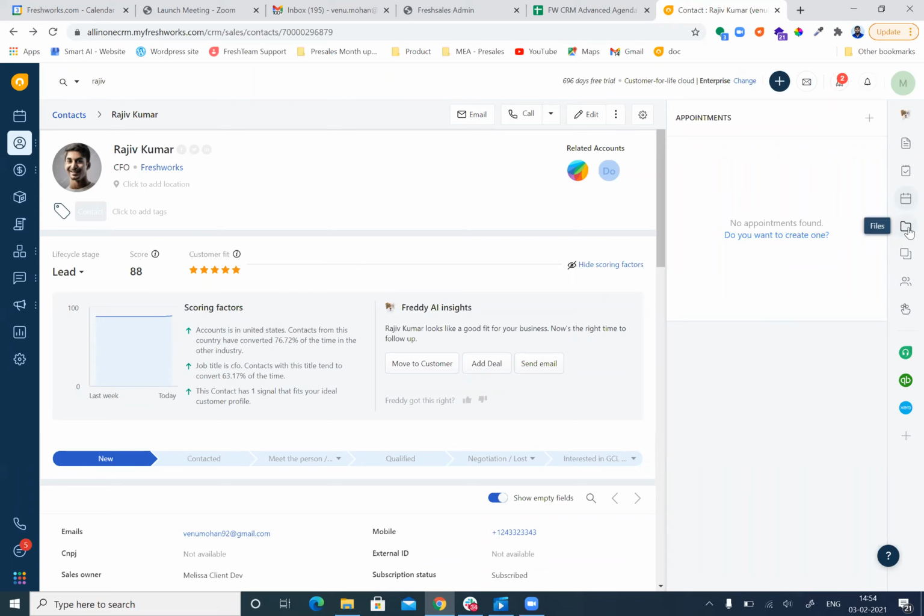Okay. And also, you can maintain all your files related to the particular customer. Either it is an image file or Excel file or PDF document or a zip file, you are able to upload that as part of the CRM itself. This will help you categorize your documents and technical documents customer profile wise.